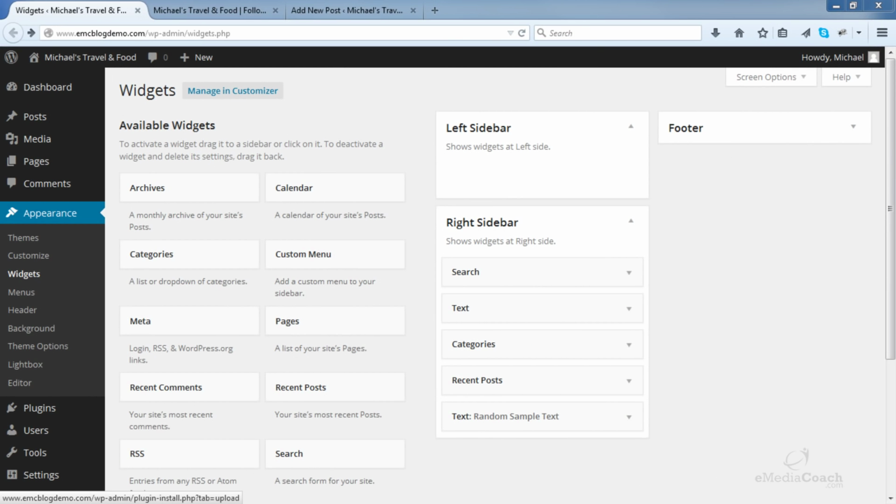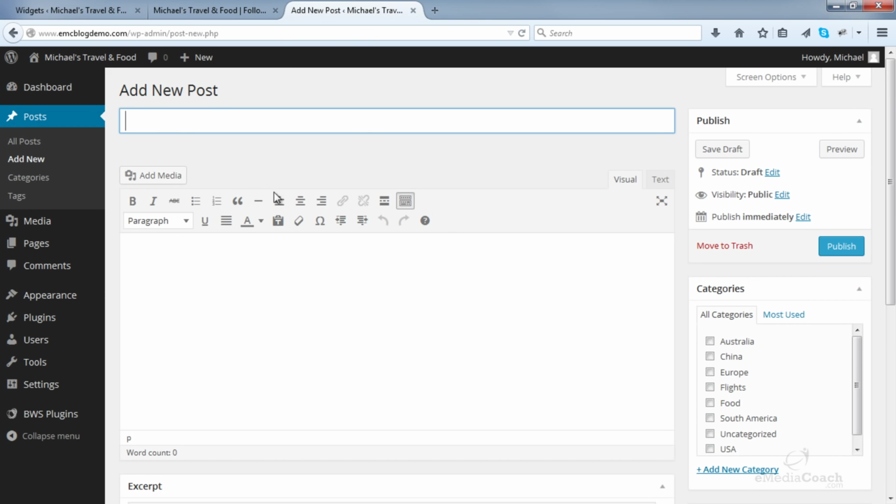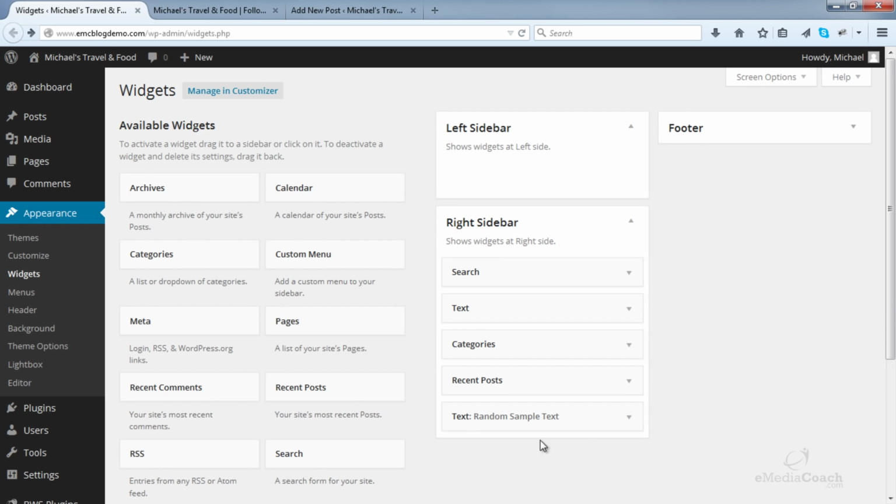Now I want to introduce you to one of my favorite plugins, one of the things that I use to add any content I want into the sidebar area. And it comes in the form of a visual editor. And by visual editor, I mean this kind of functionality here, where you can add text, bold, italic, quote, bullet point, link, and you can add images, you can embed video if you need, but all that functionality in your sidebar.